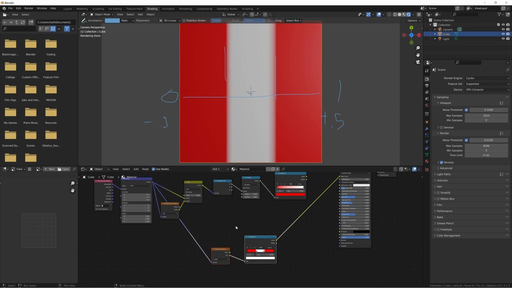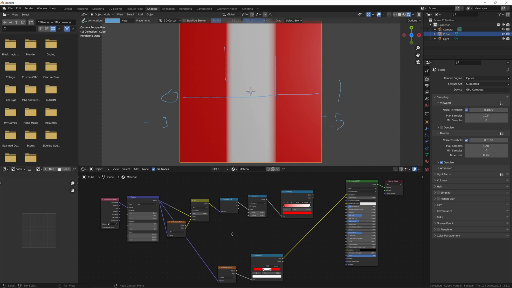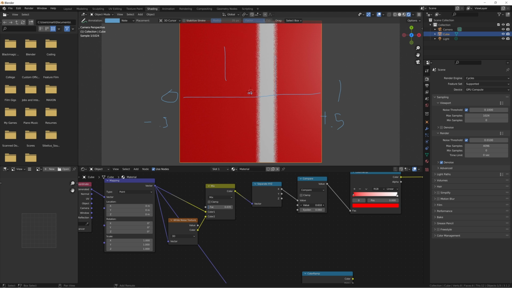This method with the gradient texture has the advantage of being, well, 2 nodes right here as opposed to the 1, 2, 3, 4, 5 nodes that we need for our white noise method. But the advantage that this one has is that it's much easier to control the parameters here. You can change the blurring by just changing the factor of our mixing right here, make it more or less blurred at will. And then of course, if you want to move it around, it's also a lot easier